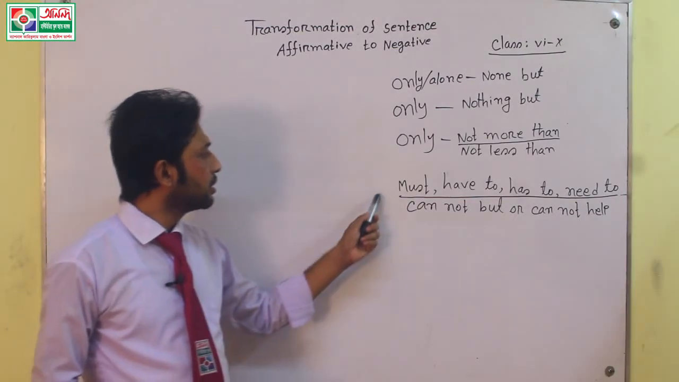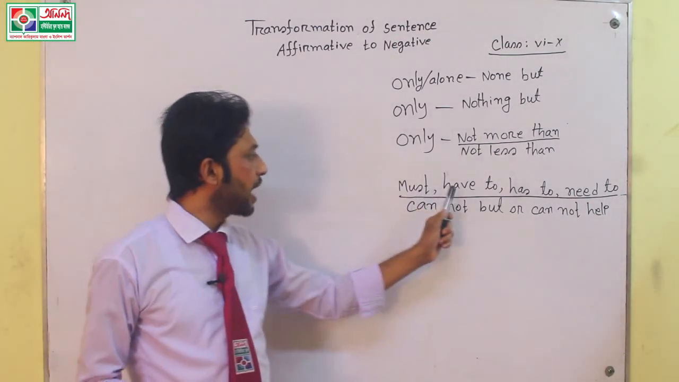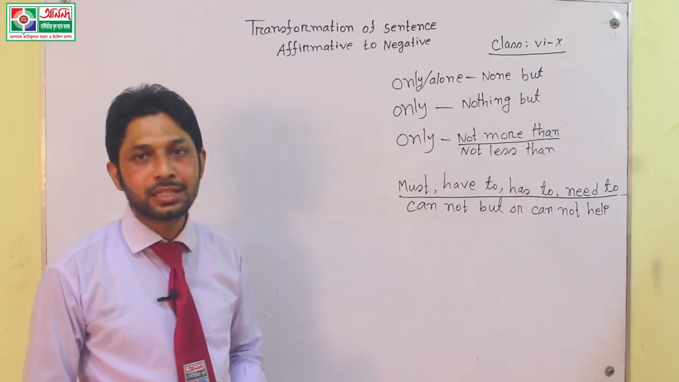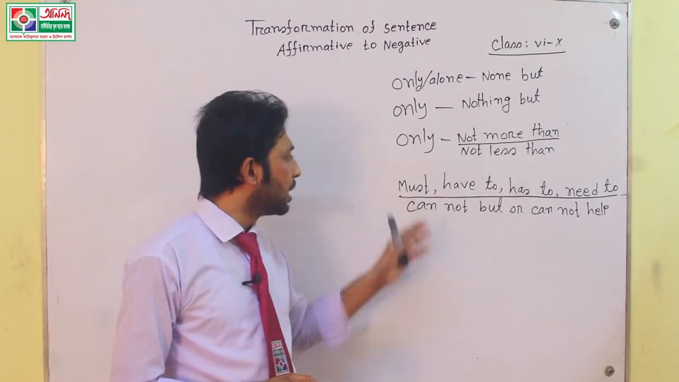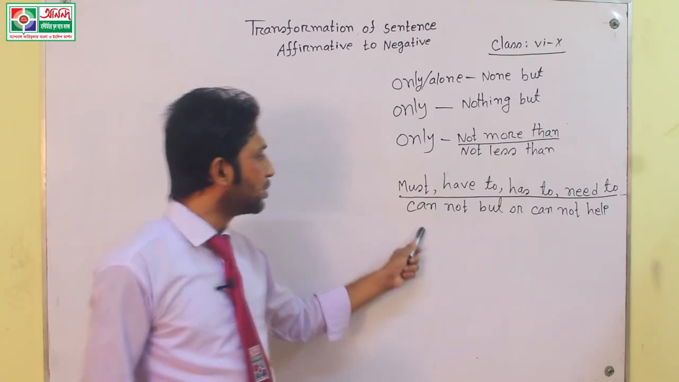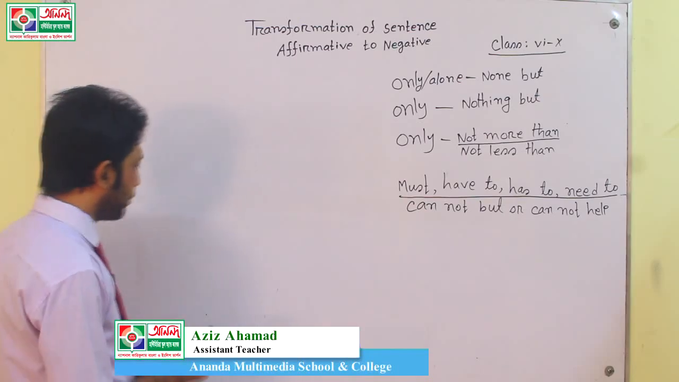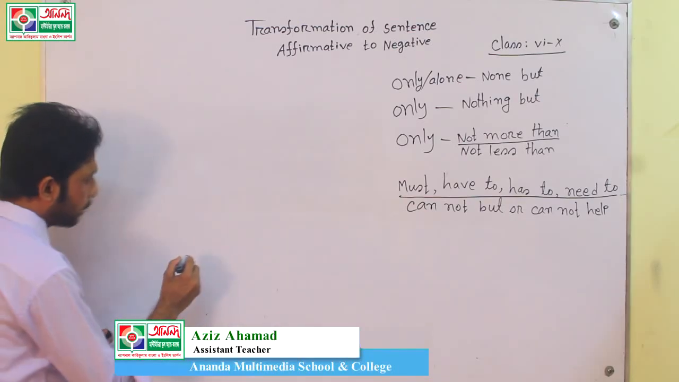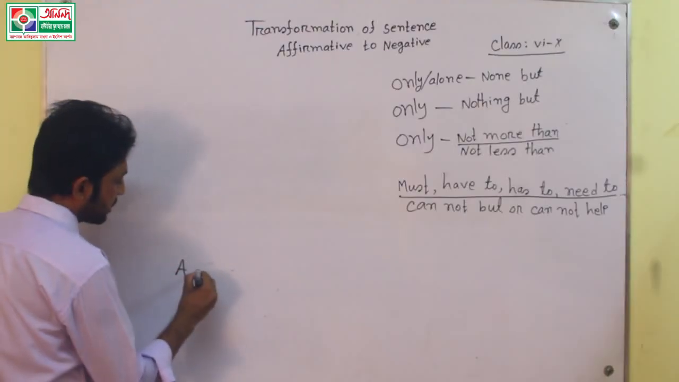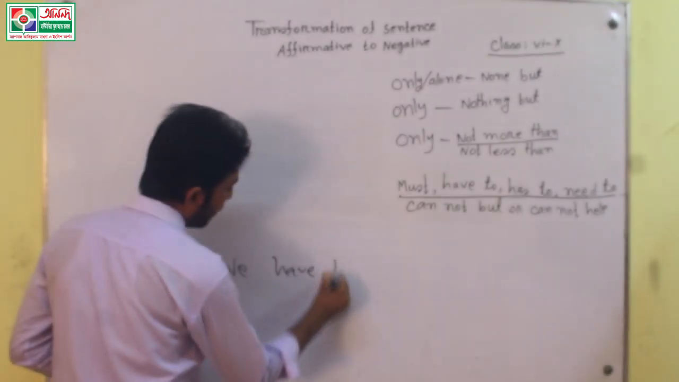After that, if we find the word must, have to, has to, need to in an affirmative sentence, the word must, have to, has to, need to is replaced by cannot but or cannot help. If we notice the example, after that everything will be clear. Very easy. Affirmative sentence. We have to